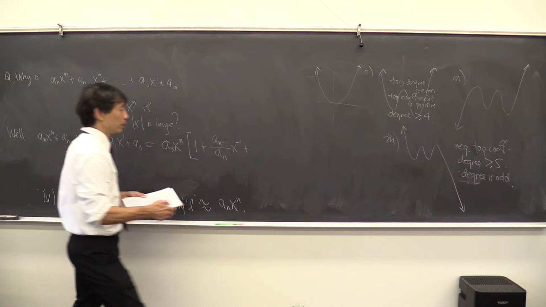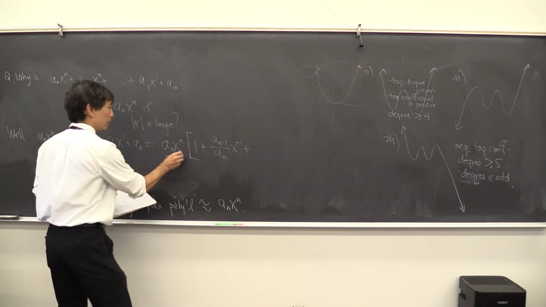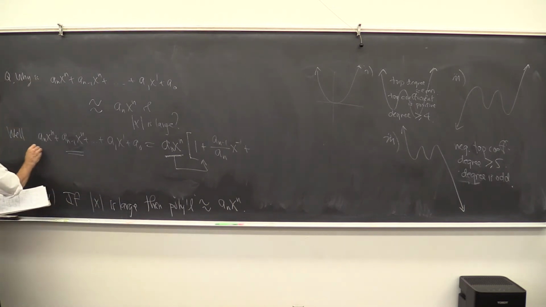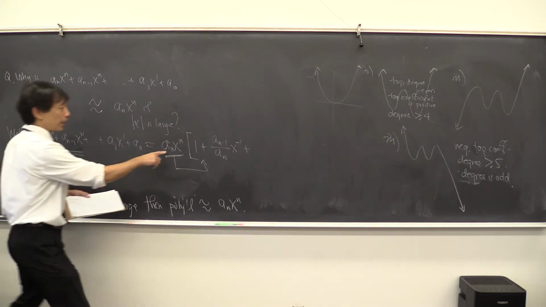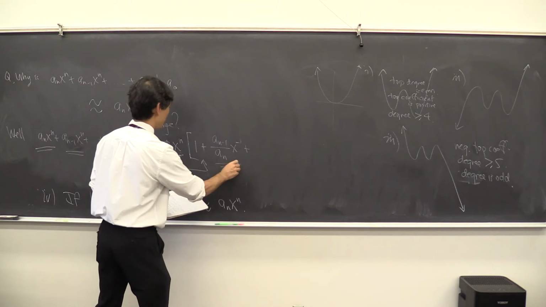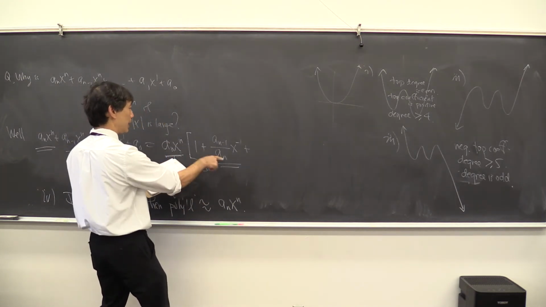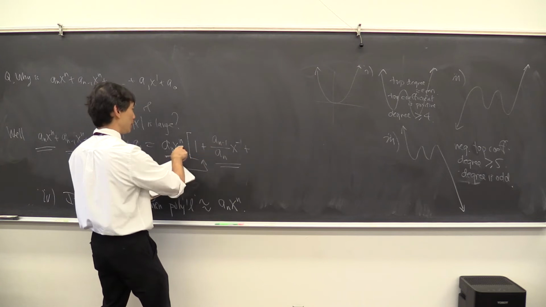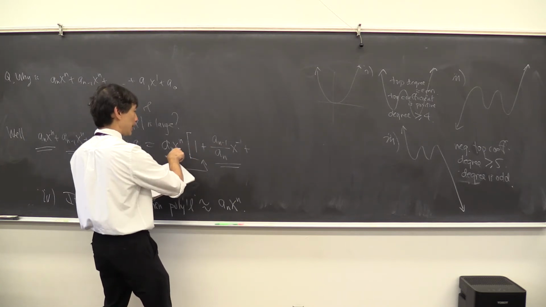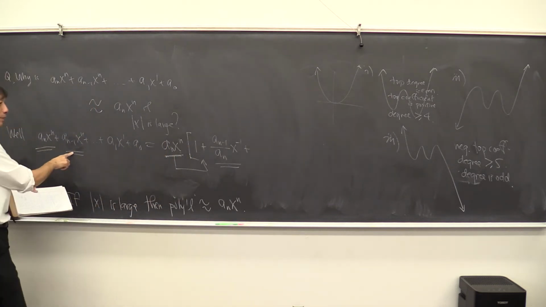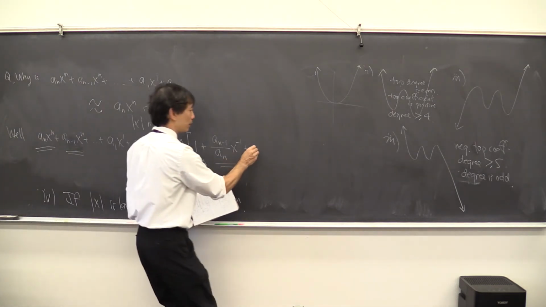Right, so a_n x^n times 1 gives us the first term. a_n x^n times this thing gives us the second term, because the a_n's would cancel, we would get a_(n-1), and then x^n times x^(-1) gives x^(n-1). Multiply those together, that gives us the second term, plus,